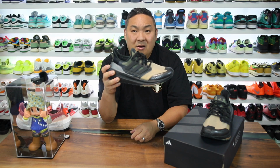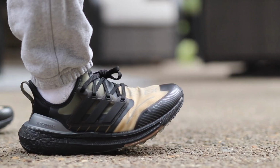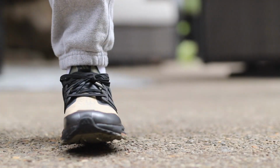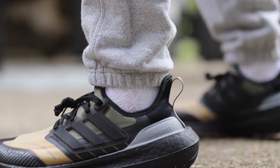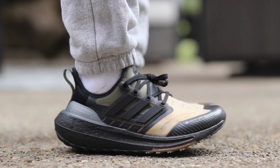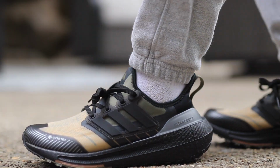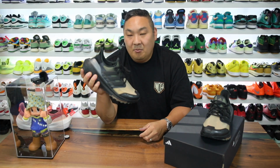But all in all, the comfort is there. It's just firmer than some of the other stuff out there. And I think it's appropriately firm, especially when you're considering more or less a trail type sneaker. And I like the fact that it is water resistant as well. And again, it's a pretty stylish looking running pair of sneakers. It's very similar to the Adidas Ultraboost Light, except for the rugged feel. So if you have the Adidas Ultraboost Light for the spring and summer, you can have these for the fall and winter, and I think you'd be really happy with that transition because you do have more protection in what these offer. The downside is the price point is $220, which is a pretty steep price point